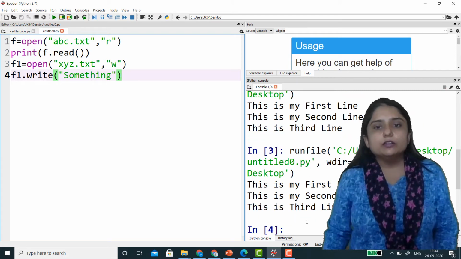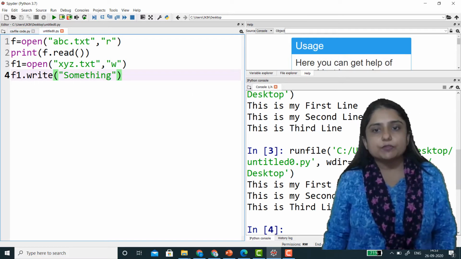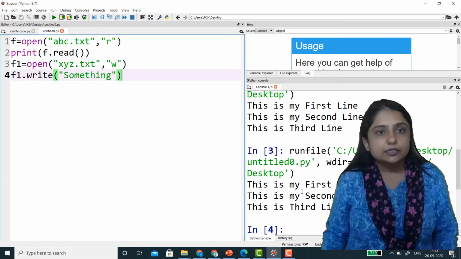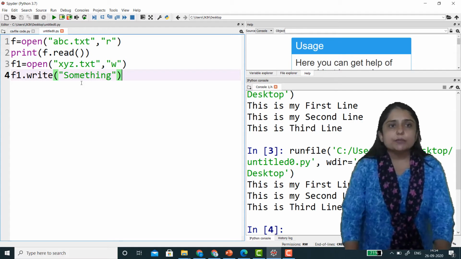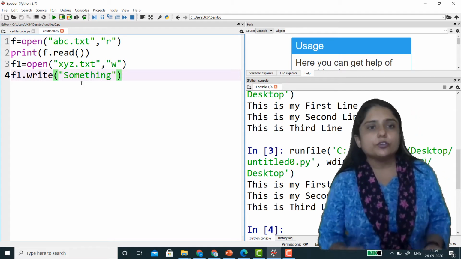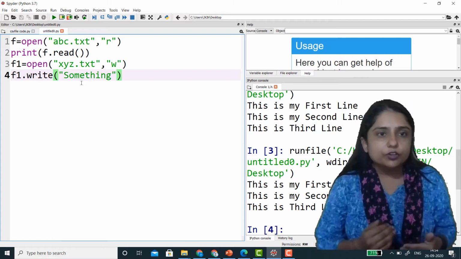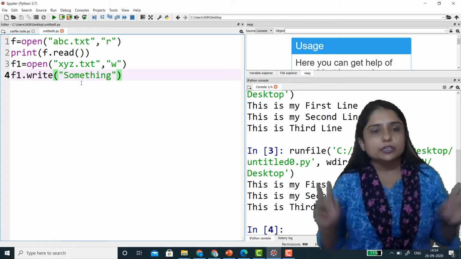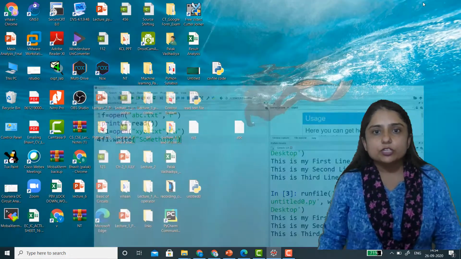Here this is the output of abc.txt: this is my first line, second line and third line. But here nothing is displayed because we have not used the command print. We just used f1.write, and whatever you want to write, you have to write in inverted commas. Now how can I check? You just minimize this.